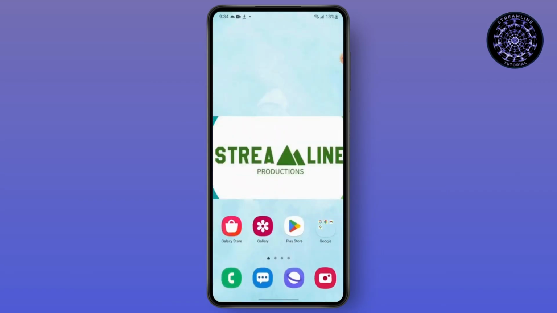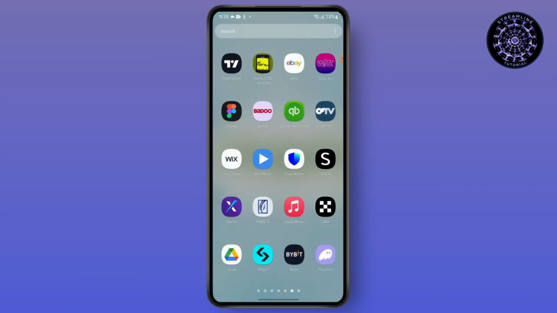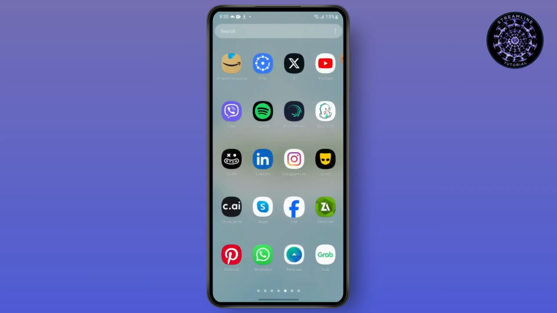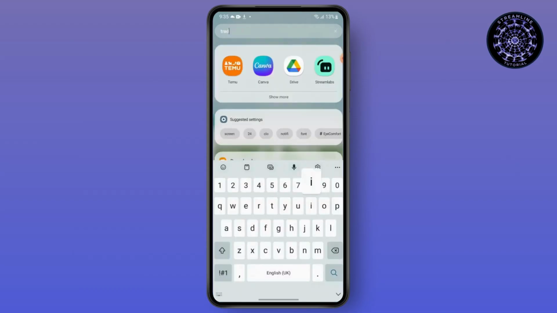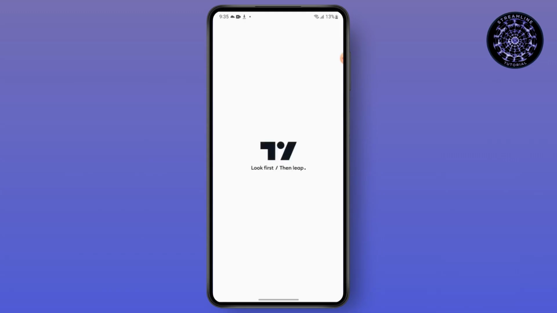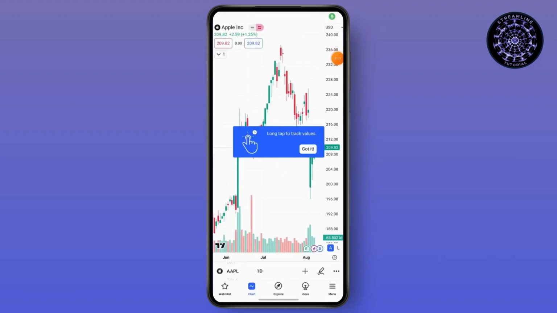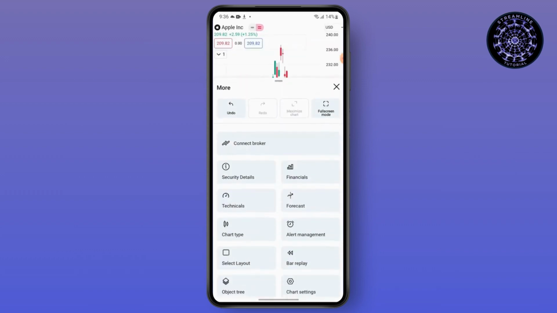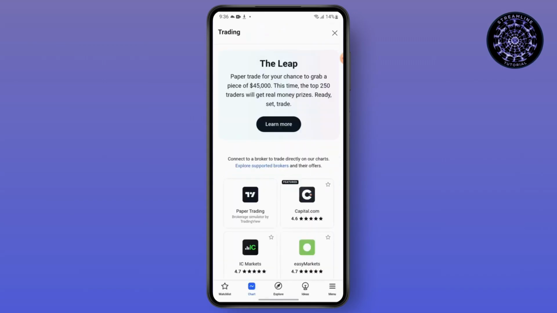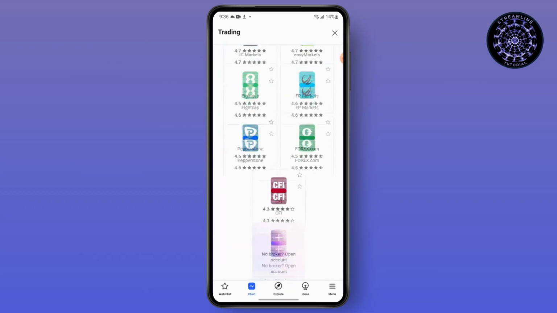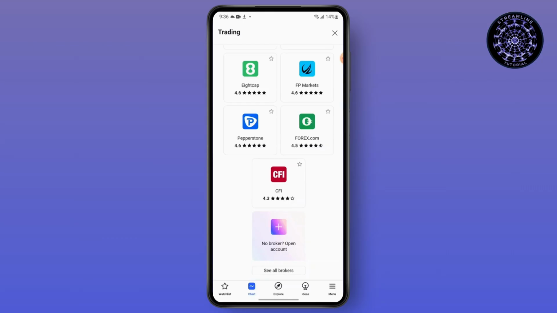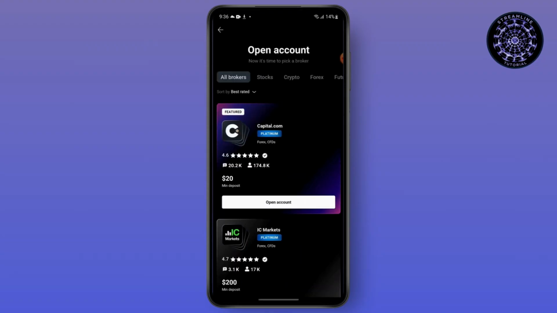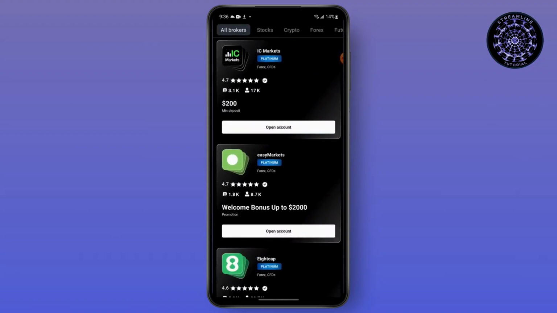So, first launch your TradingView application. Then once you have this interface, simply go to charts, then tap on this three dot, tap on connect broker. Then from here, tap on